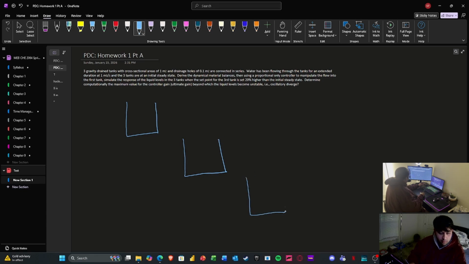One thing to note, these tanks are of the same proportion and size. Even though it doesn't look like it, it's the same. So we have this drainage hole emptying into this tank, and this one going into this tank. We have another one exiting. So let's label in terms of